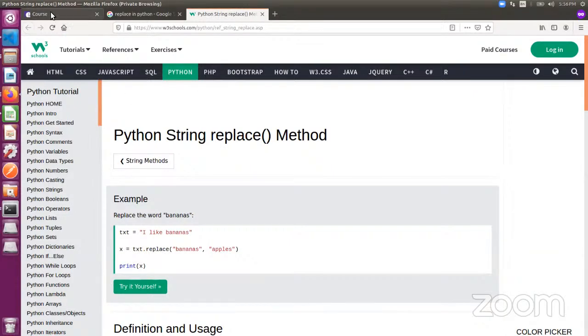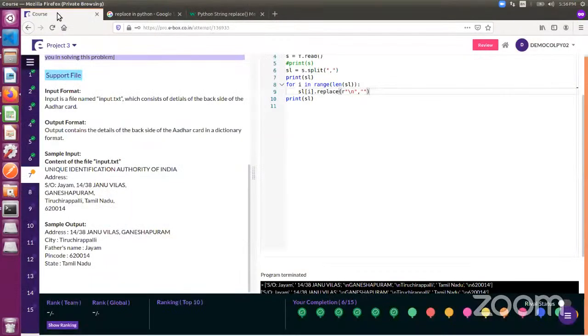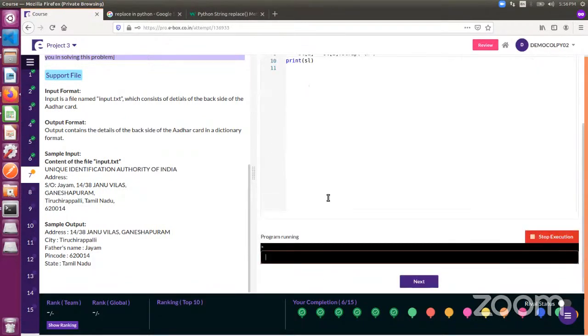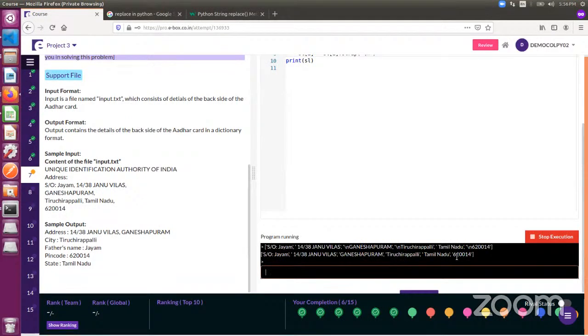Okay, it returns a new string. Oh, even strip will return a new string? Okay, let us check. SL of I is equal to